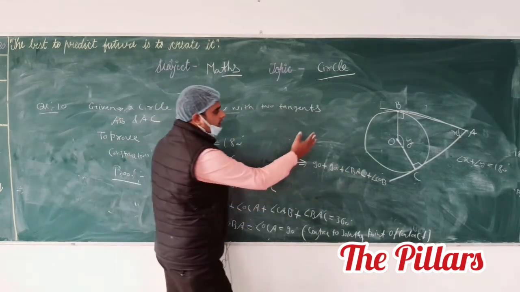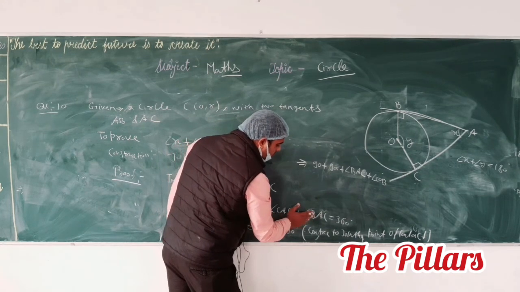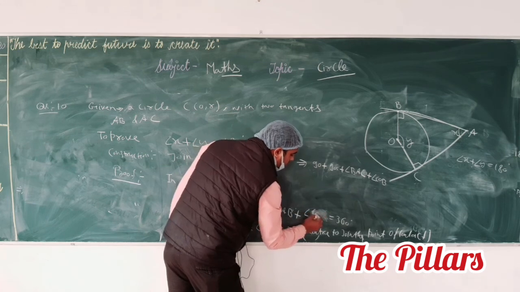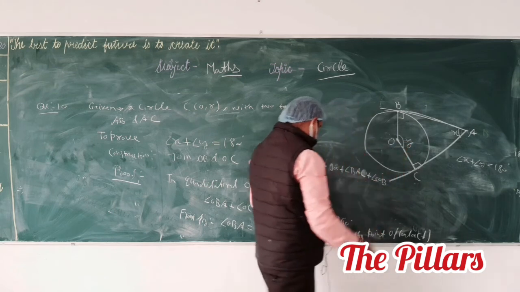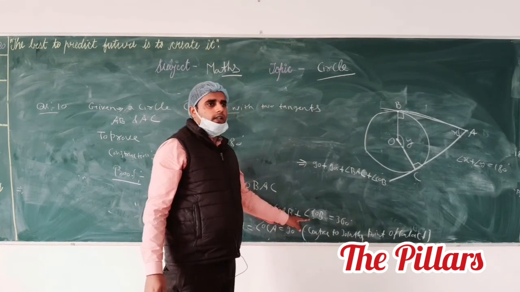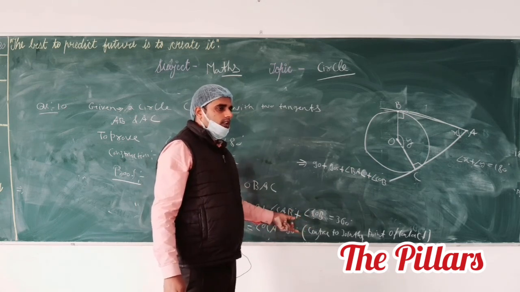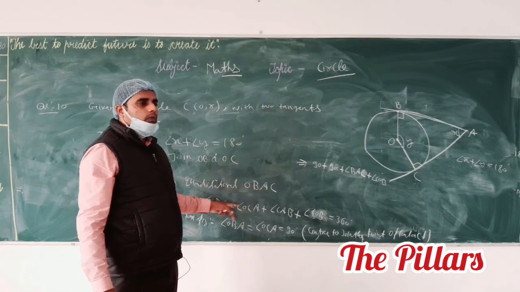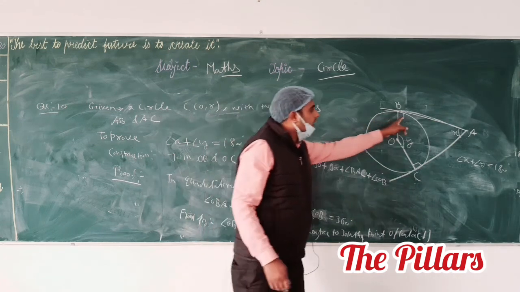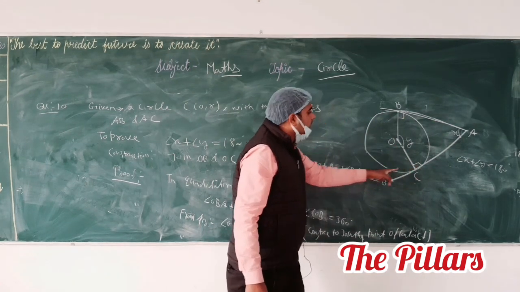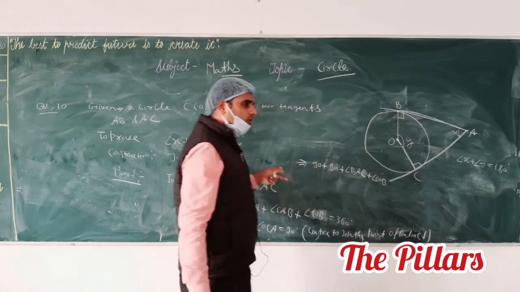Here you also mention CAB, and this is COB. You have to mention COB. You see that these are the four angles of the quadrilateral: this one, this one, this one, and this one. Angle COB equals 360 degrees. Also see the blackboard. You have to mention the quadrilateral OBAC and its four angles. The sum of four angles of a quadrilateral is 360 degrees. It means OBA plus OCA plus BAC plus COB, these four angles equal 360 degrees.